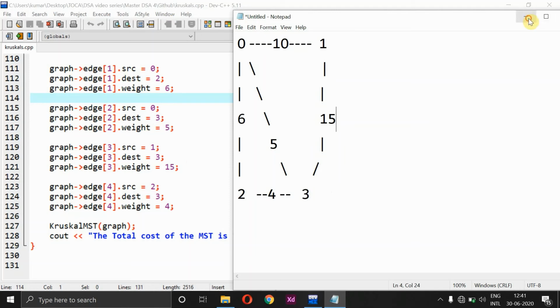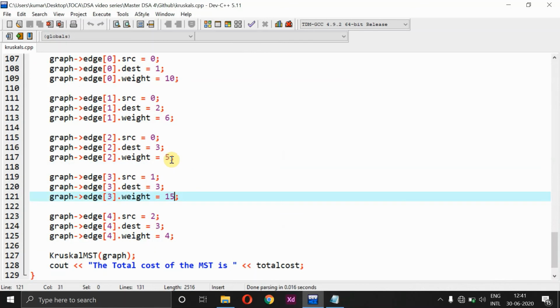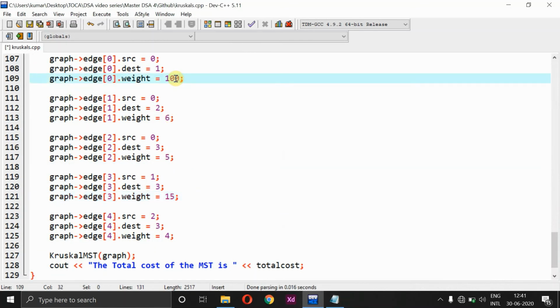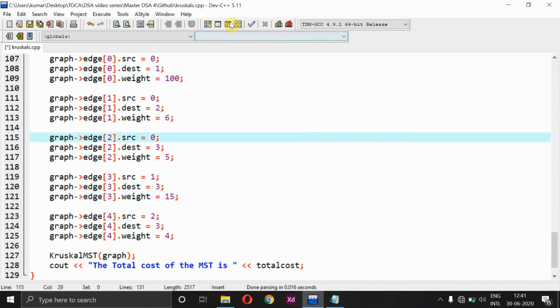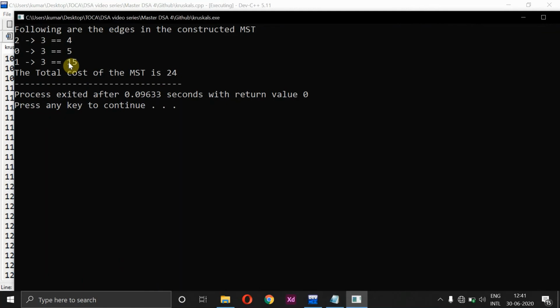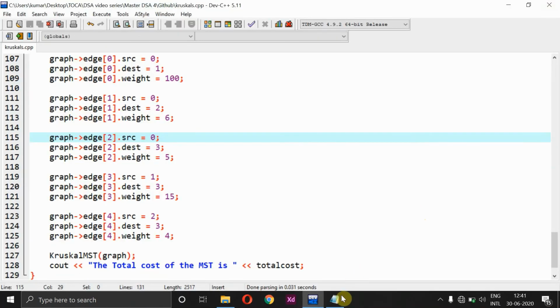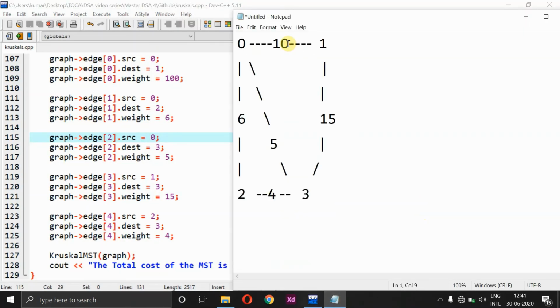So similar to this, if I just change this value, so we have given it as 10, right? So instead of 10, if I give this as 100, now let's see what happens for our algorithm, right? So now see here, it is not showing the 100 as a path, but instead it is showing 4 and 5 as such, right? So same as the previous code, it shows 4 and 5, but here the path is now chosen as 15 because the weight between 0 and 1 has been changed to 100, right? So we have modified this as 100.